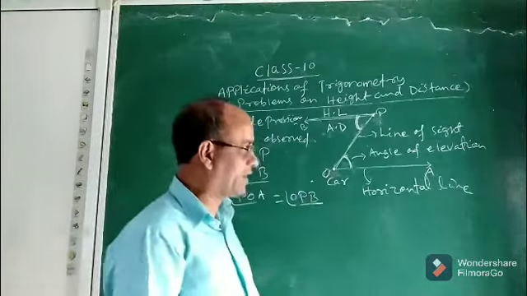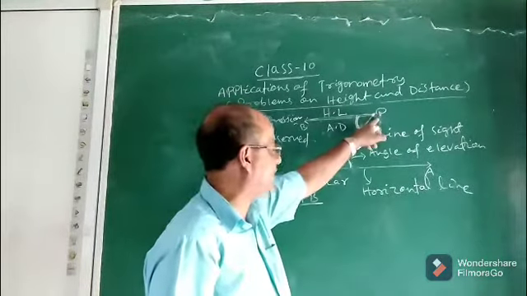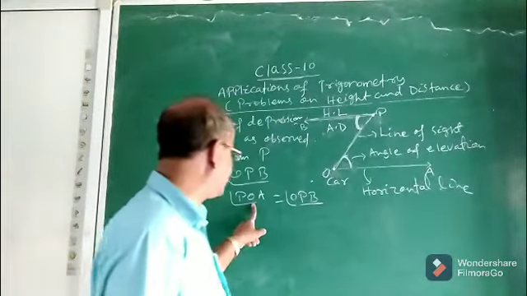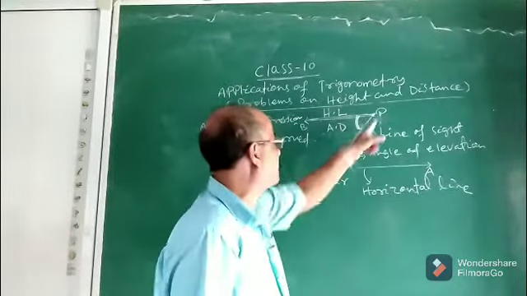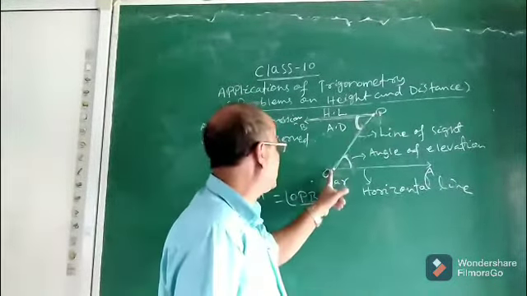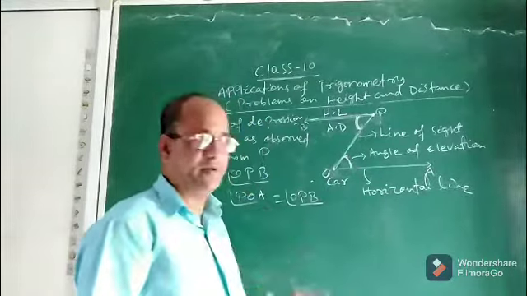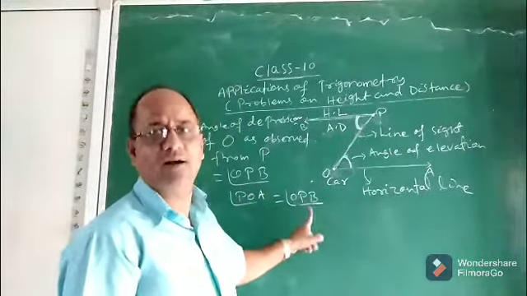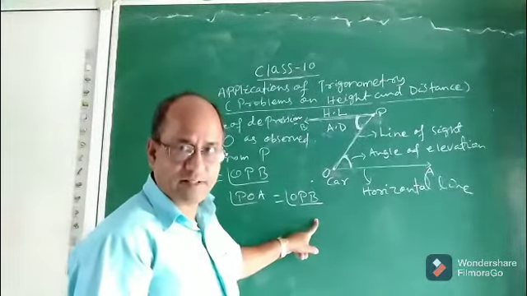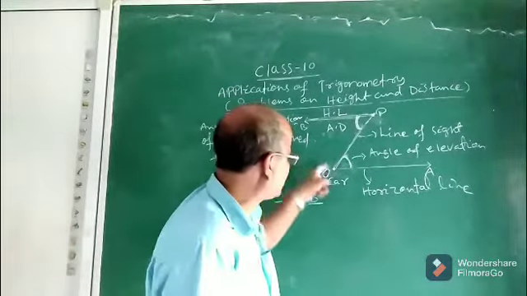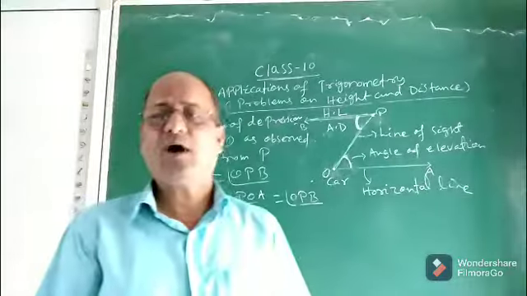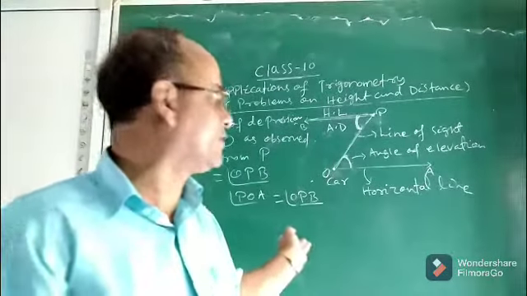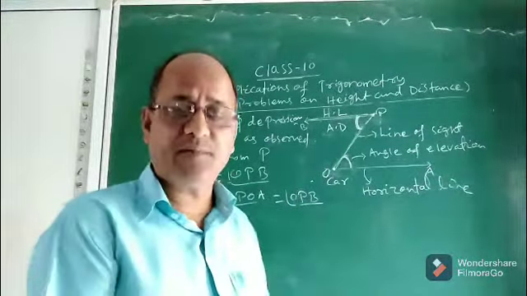In this particular case, the angle of elevation of the point P at the point O is equal to angle POA, and the angle of depression of the point O from the point P is equal to angle OPB, and they must be equal because they are alternate interior angles. And why are they alternate interior? Because this is the transversal and OA and PB are parallel. So I hope you understood, children, the concept of angle of elevation and angle of depression.